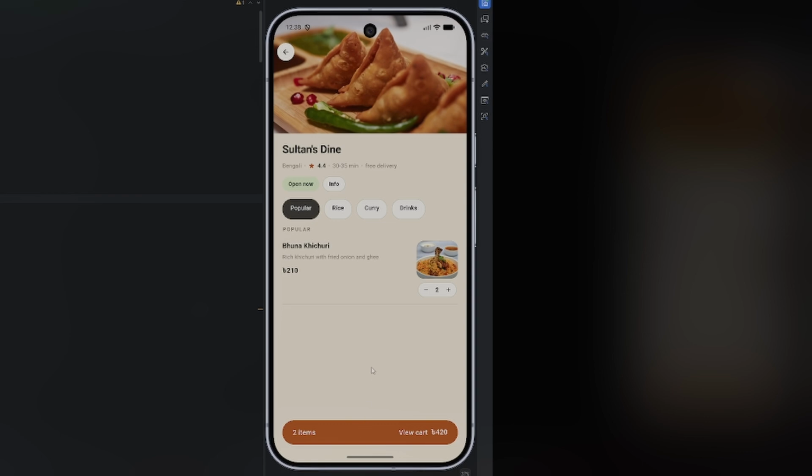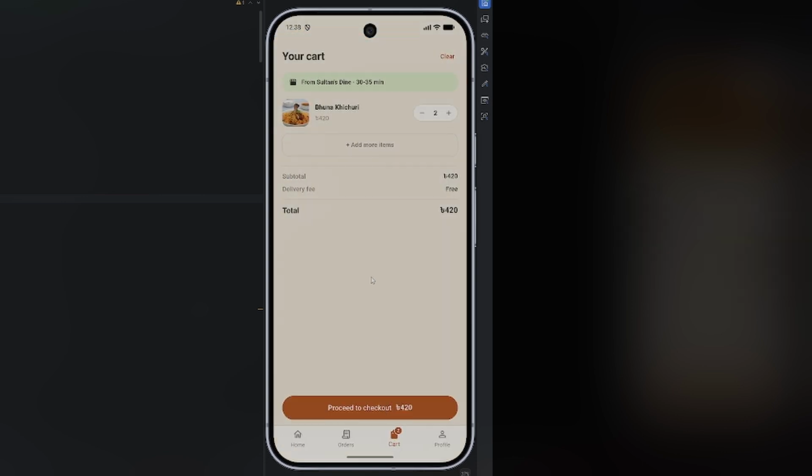Now we can also go from here by seeing what they have. These are the popular options. These are rice options, chicken roast, and drinks. Ignore the images. They're for showing purposes. So we can go to the cart right now, and we can see this is my cart screen,